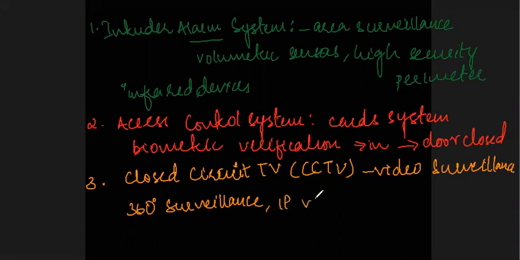You can have IP video recordings, and image analysis if any person is standing at the door. If the software recognizes the particular person by making use of image analysis, then only he'll be given access. So these are the different types of security mechanisms or policies that are used to secure the hardware.